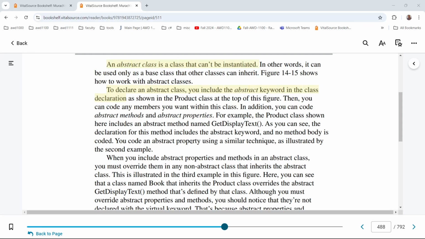Maybe you have a product class that doesn't need to be subclassed, that can exist on its own. But other times that's not always the case. So let's just look at an example. Let's say an animal class. An animal class by itself may not really do anything. You have to have what kind of animal, right? So you have a dog or a cat or a bird. Now you've got